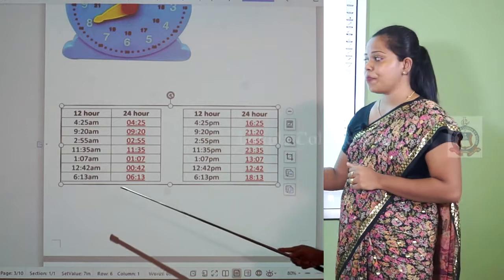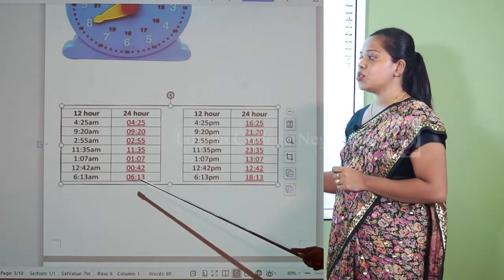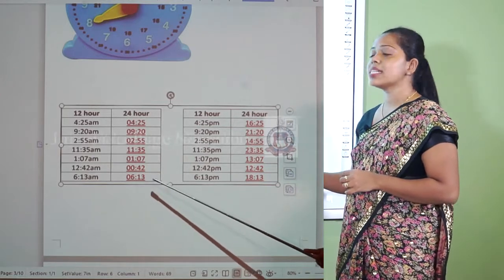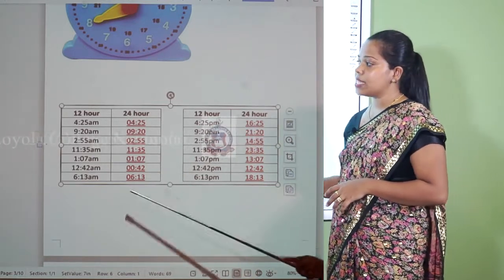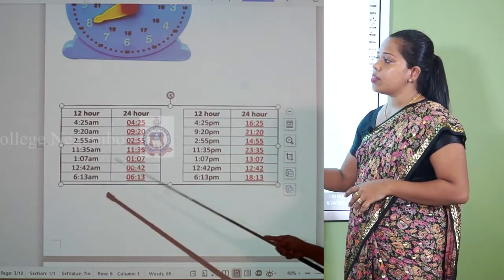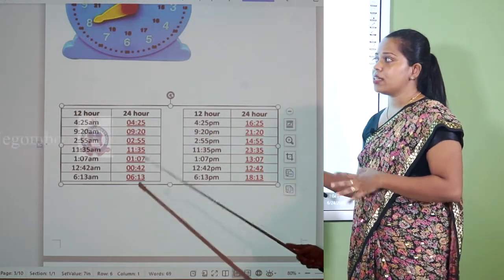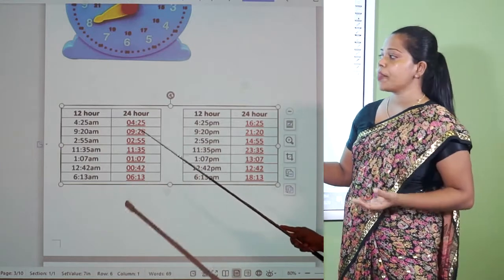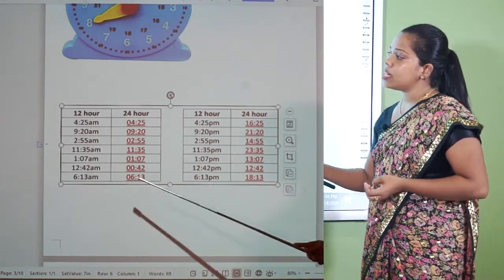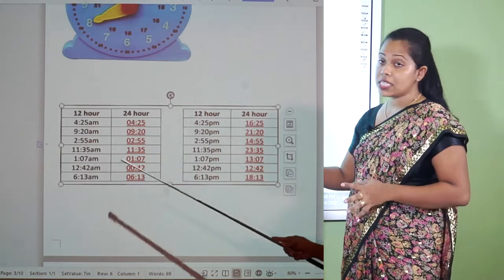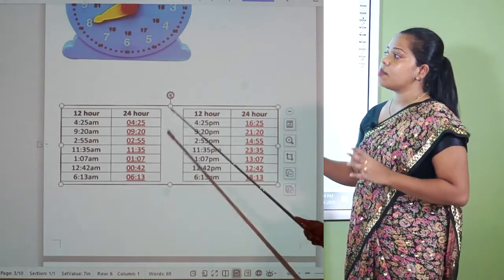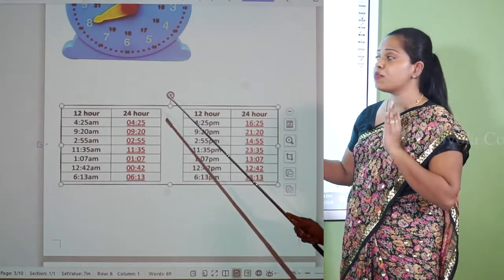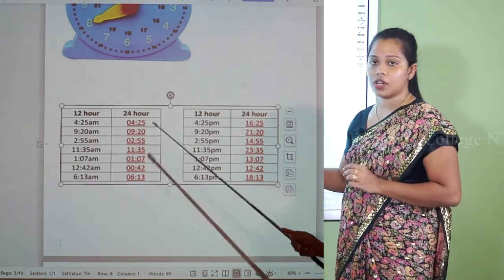6:13 a.m. Here also we need to add 0, 06:13. So here you must keep in your mind how the 12 midnight we are writing it using the 24-hour clock time, and how we write the 12 noon, and also that we must write a time using digital clock. When we write the time using this digital clock, we must use 4 digits and these double dots.